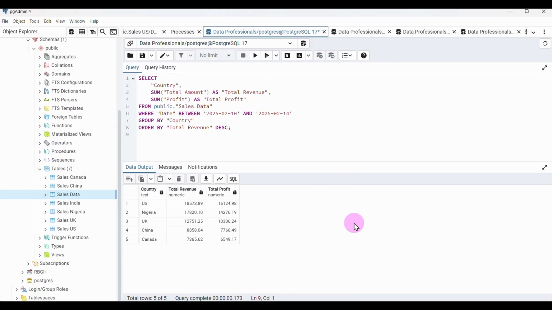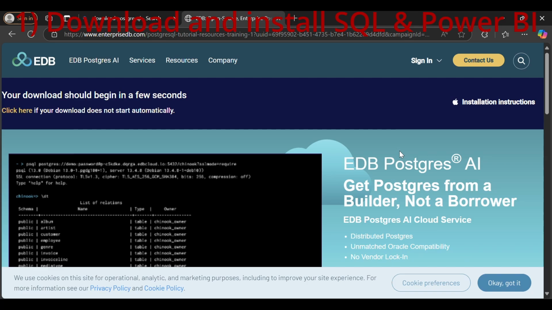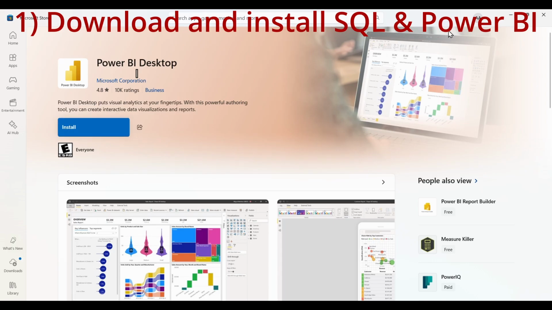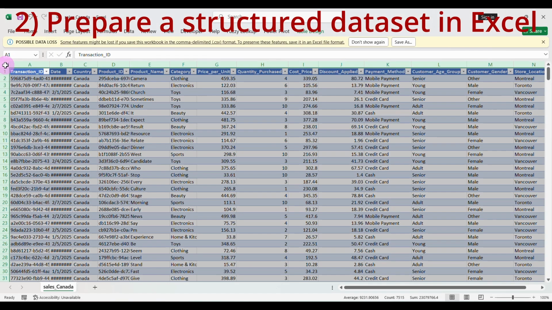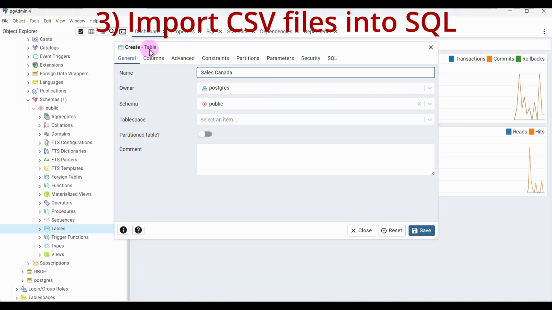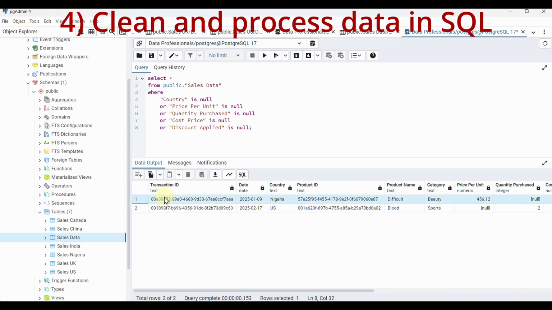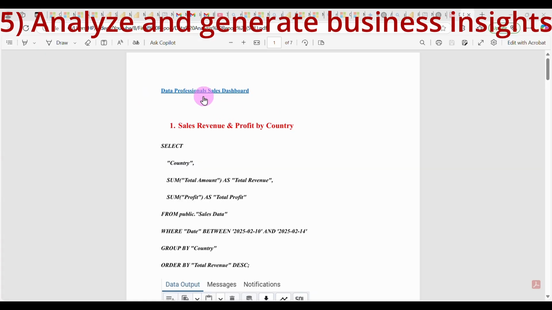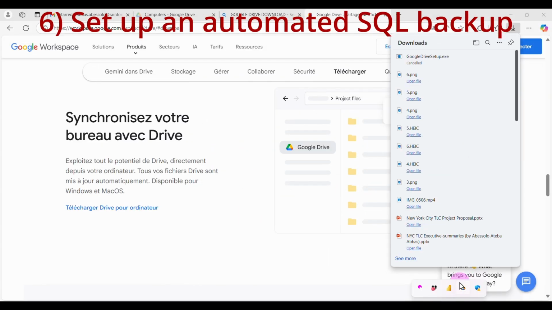We will walk through a full data analytic workflow using some of the most in-demand tools: Excel, SQL, and Power BI. We are going to download and install SQL and Power BI, prepare a structured data set in Excel to ensure smooth data handling, import CSV files into SQL and integrate data like a pro, clean and process data in SQL using powerful queries, analyze and generate business insights directly in SQL, set up an automated SQL backup that syncs